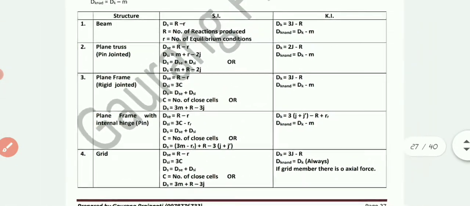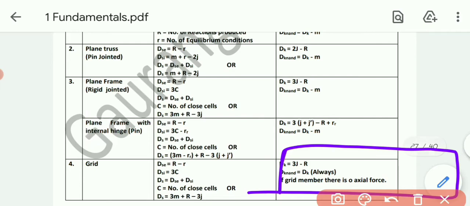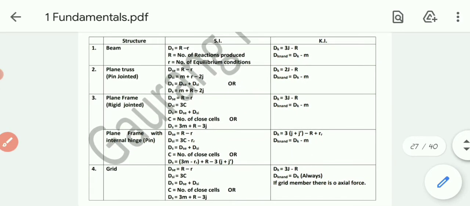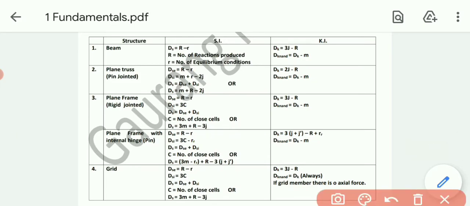So guys, you need to consider this table as the overview of the whole chapter for SI and KI, because in the examination any structure will be given to you and you need to calculate SI and KI of the same structure. In the first three videos I gave you examples of SI only of the different structures, and for the incoming videos I am going to give you all the examples regarding KI also, because I am doing this separately to make you understand how we need to calculate SI and KI separately. Then you can calculate everything combinedly.